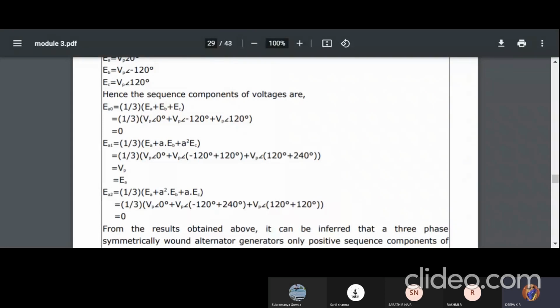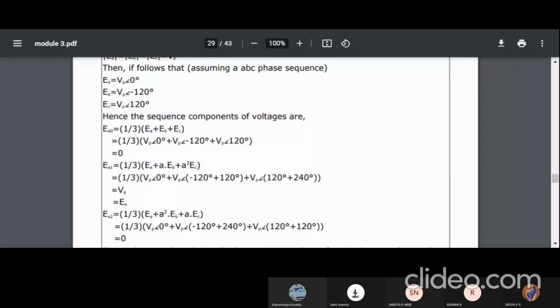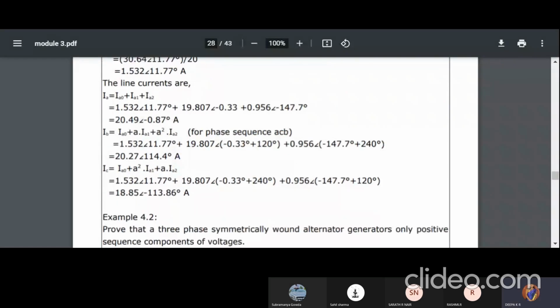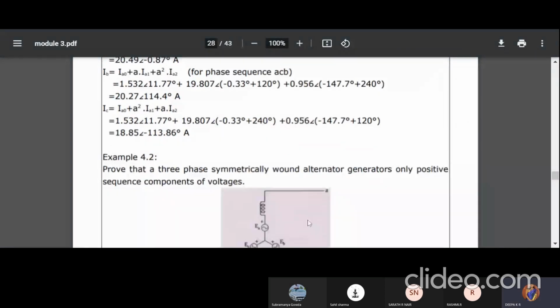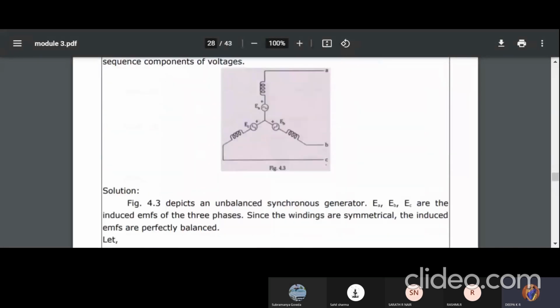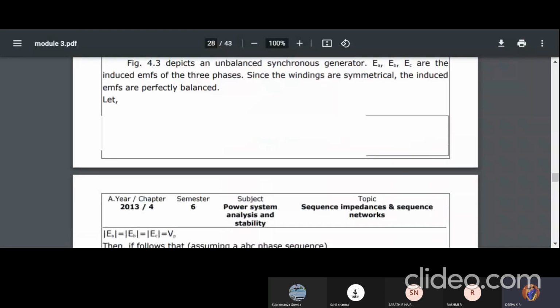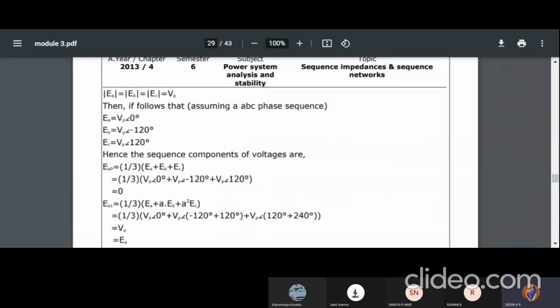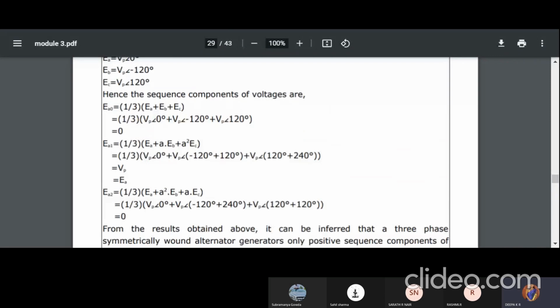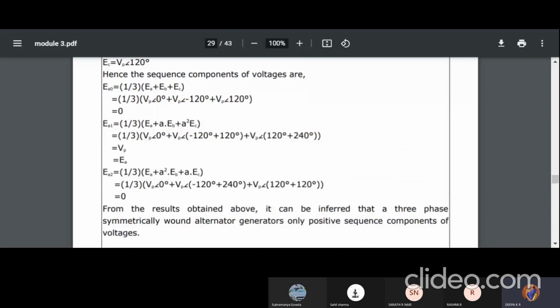As per the question, we need to prove that the symmetrical component present in the generator is only the positive sequence. Of course, as per the diagram and the ABC combination, we are going to get an answer of 0, EA and 0. So this proves, from the result we observed, it can be inferred that a three-phase symmetrical alternator generates only the positive sequence component of voltages. So in any calculation, if they give a generator with symmetrical components, you can take directly the positive sequence. The remaining negative and zero sequences can be made as